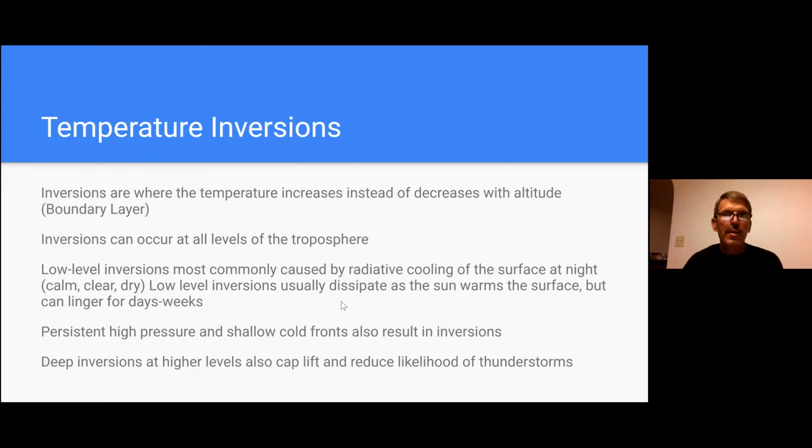So another phenomenon to be familiar with, especially as a soaring pilot, is a temperature inversion. In the standard atmosphere and generally in the atmosphere, temperatures are going to decrease with altitude, but an inversion is where the temperature increases instead of decreases. And if there's a decrease and then suddenly there's an increase, that area is known as a boundary layer. So that's the boundary between two very distinct layers of changes of